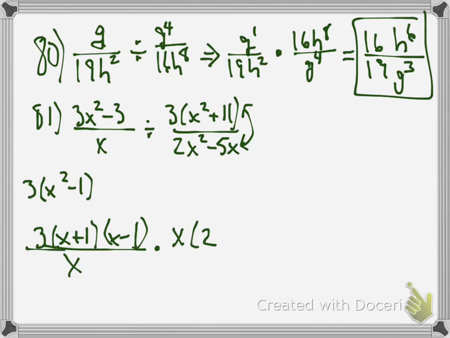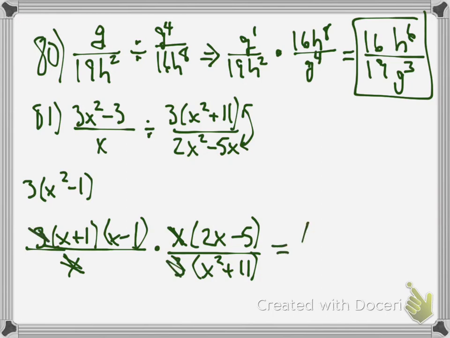Now on the bottom one, or the flip-flop one, I can take out an x, so that leaves me with x parentheses 2x minus 5, 3 over x squared plus 11. What crosses out? The x's cross out, the 3's cross out, and that's pretty much it. And there's my answer. I'm betting that I'm going to have to fix these when I take the test,